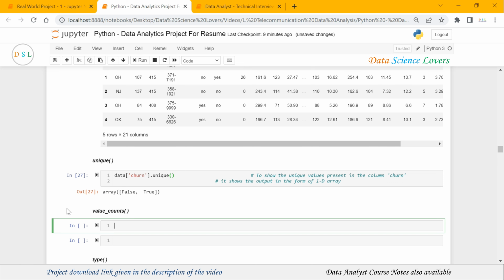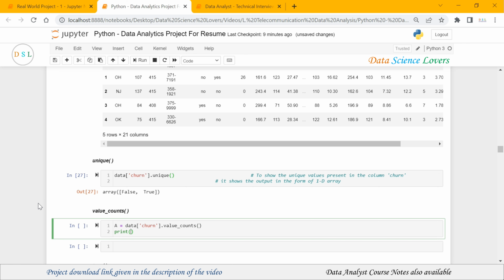Now if you want to check the count of these two unique values in this column, then we can use a very important function which is known as value counts. How to use this function? Again we have to consider the column churn like this, and then we have to use value counts on this. We will save the output of this command in our variable named A. You can give any variable name to this.